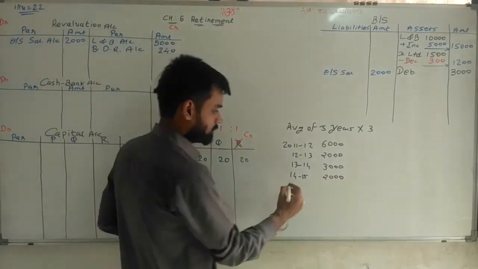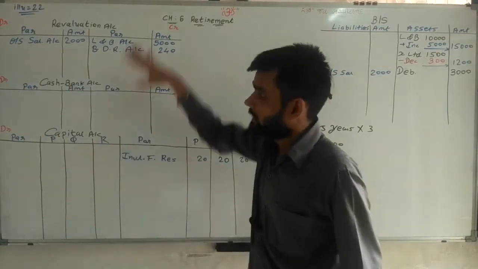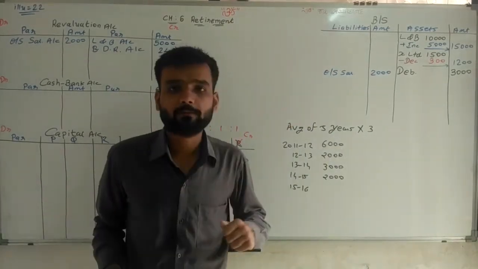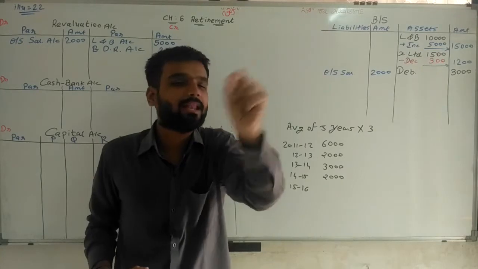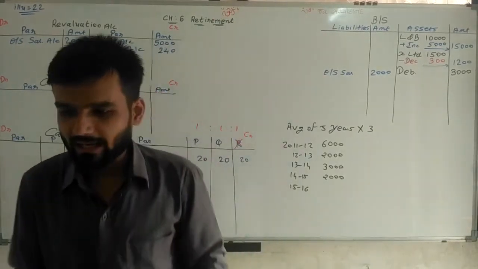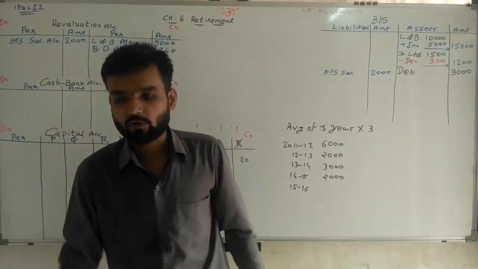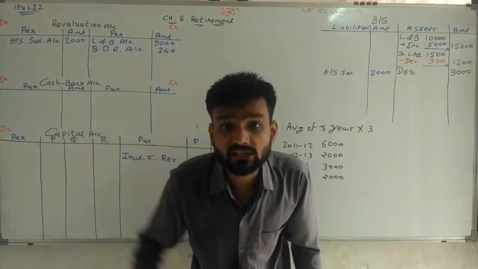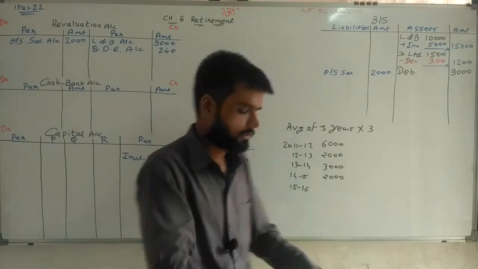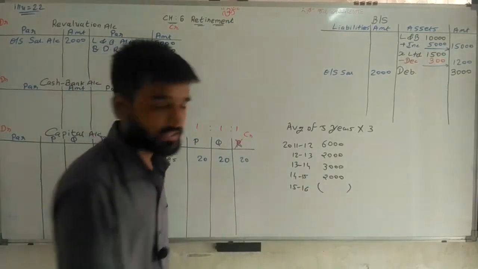Now sir, what about 15-16? This account is for the year 15-16. So in the balance sheet we check the P&L balance, which is the current year profit. In the balance sheet the profit and loss account is given as 3000 rupees, but it is on the asset side. Whenever the P&L is on the asset side, it means it's a loss. So we have to write it in brackets, 3000 rupees,